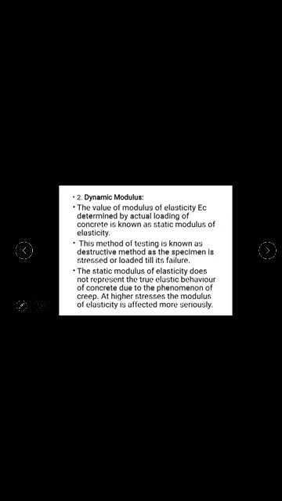Now why is modulus of elasticity used? What are the applications of modulus of elasticity? Though concrete is not an elastic material in the true sense, within certain limits it is considered an elastic material. So the modulus of elasticity of concrete is used in the calculation of structural deformations. Elasticity plays an important role in finding deflections, deflection limits, and all the serviceability aspects. In finding the flexural properties of concrete, Young's modulus plays a very important role. So it is treated as elastic.